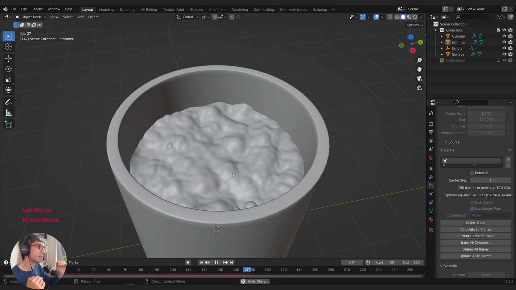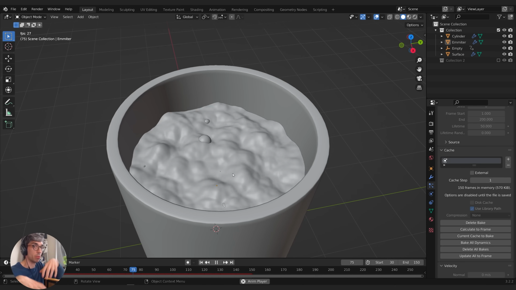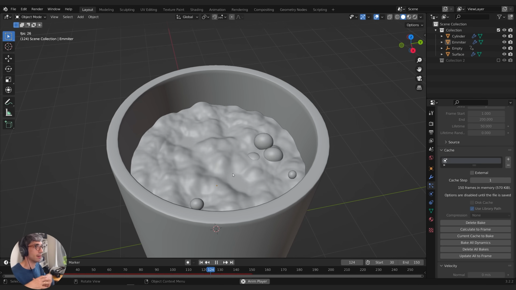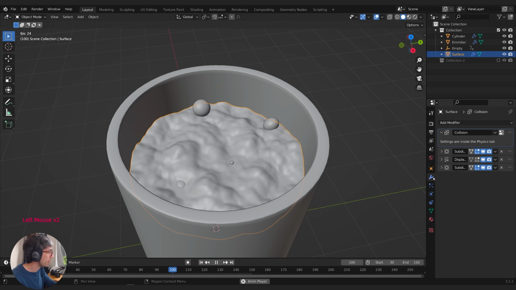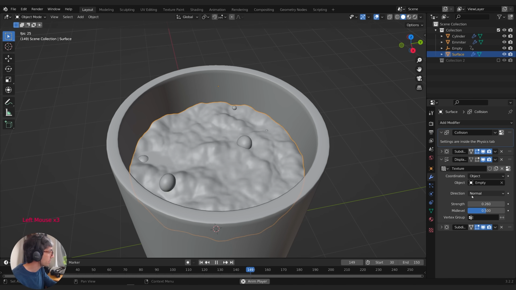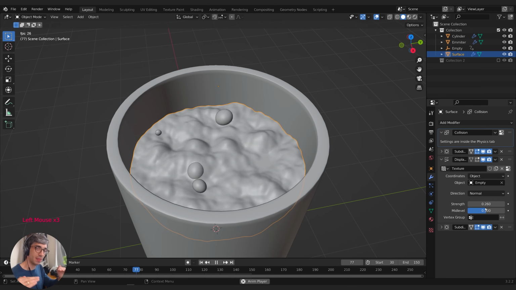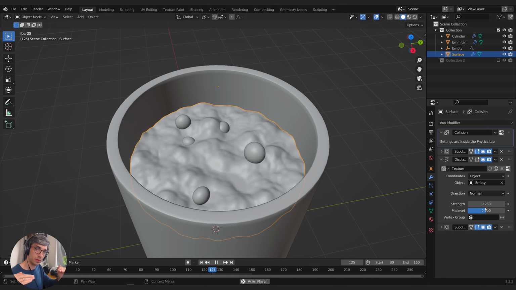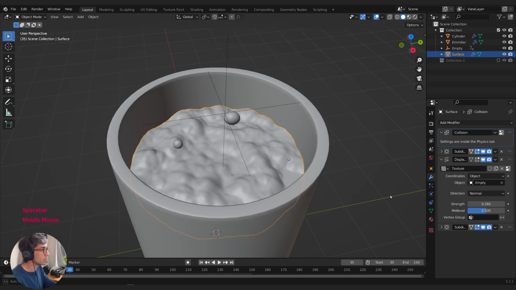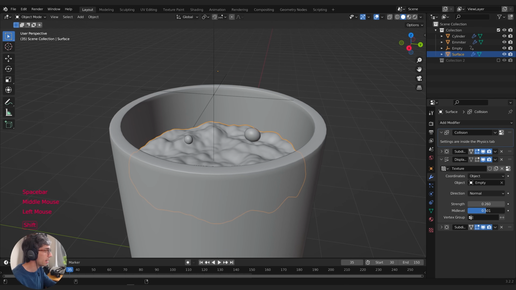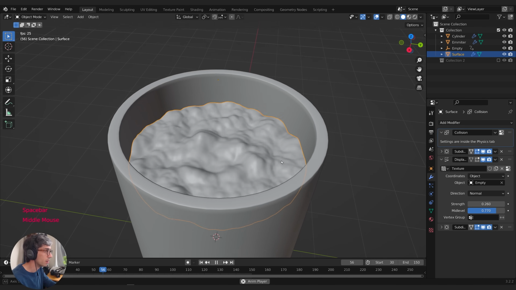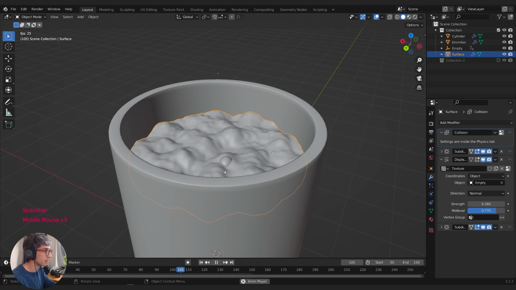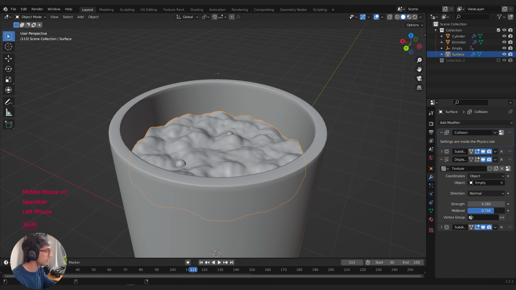So as these things are breaking through the surface, you're getting that bubble effect that you have when water is boiling. Now you can adjust this a little bit by coming over to the wrench and going to the displacement and just changing the mid-level, and that will raise or lower the displacement. What you want to do is find a spot where it's intersecting those bubbles about halfway through. That's going to give us a good realistic effect, I think. I might bring mine down a little bit more.